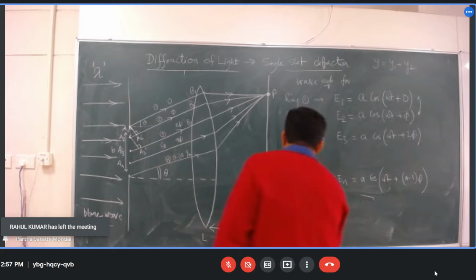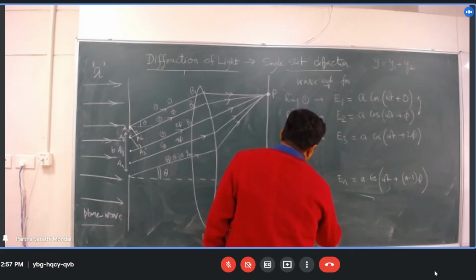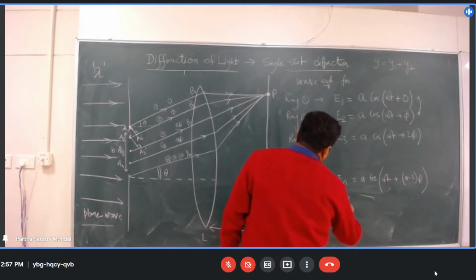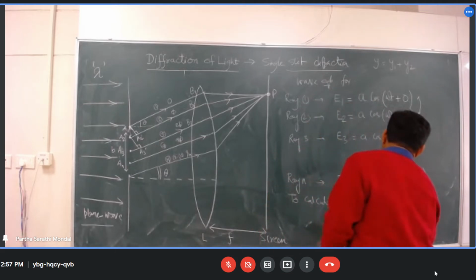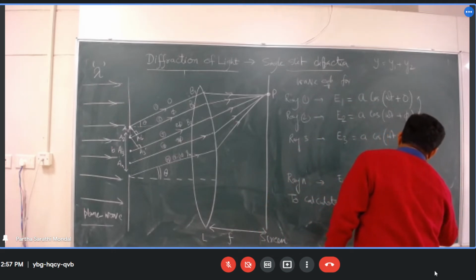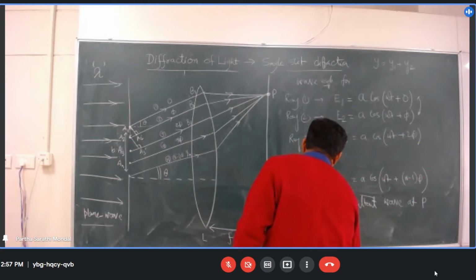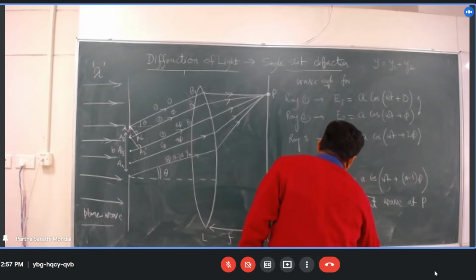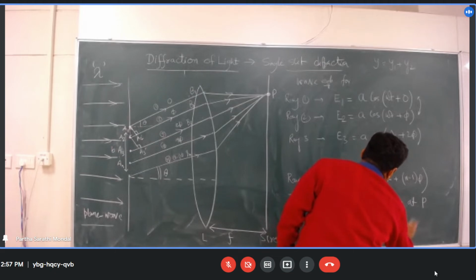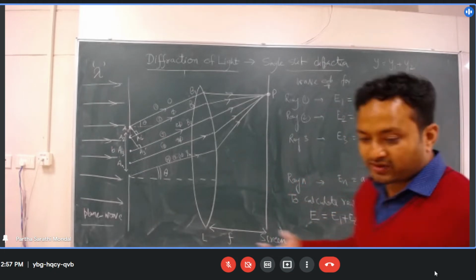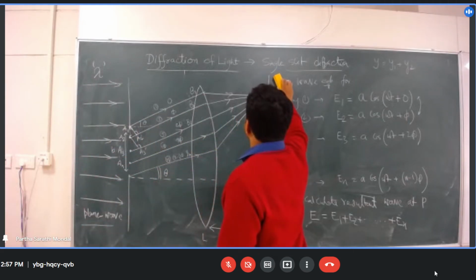So now to calculate the resultant wave at P, let's say E is the resultant wave, we have to do the superposition only. अभी मैथमेटिक्स हो गया और कुछ है नहीं। So now मैं इसको left side साफ कर देता हूं।